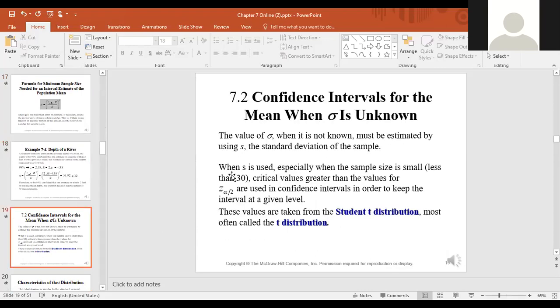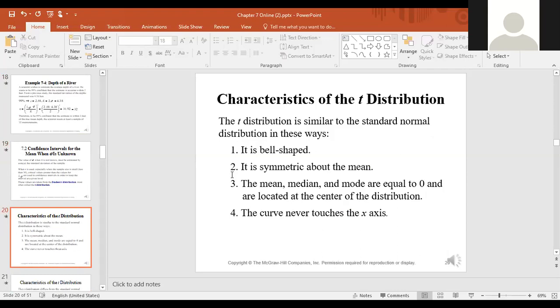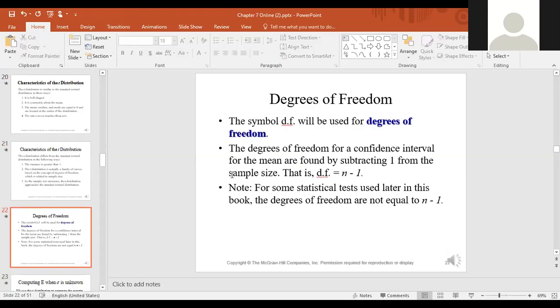So when sigma is unknown, we use the T distribution. There is a condition that the population should be normally distributed, or the sample size should be at least 30. But we use the T distribution. For this T distribution, we are going to look into that table to find a critical value, T alpha over 2. So be ready to make use of your textbook here because you don't have a TI-83 calculator. And I cannot give you, like for the Z,